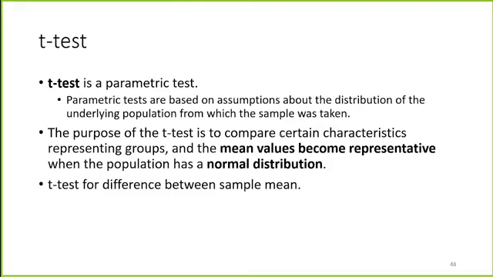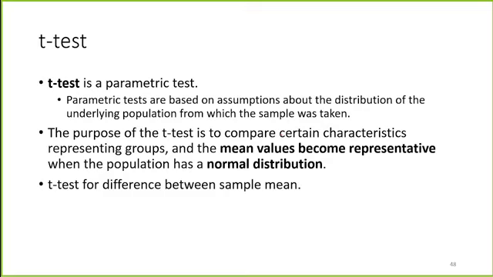In this class we only want the simplest one, which is called the t-test. So what is a t-test? A t-test is a parametric test, which means we have the assumption that the population is normally distributed. The purpose of the t-test is to compare the mean value of two groups, whether they are different or not, on the assumption that the population is normally distributed. So the t-test is for the difference between sample means, since you don't have the population, you only have a sample. The t-test is used to test whether